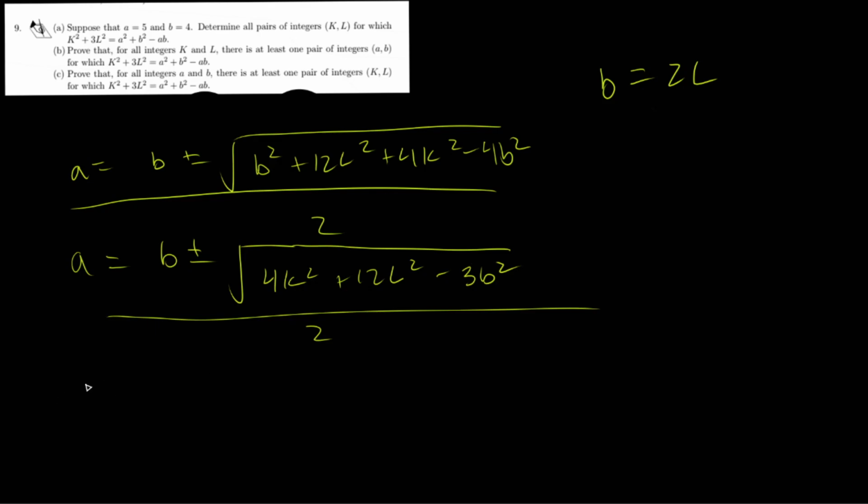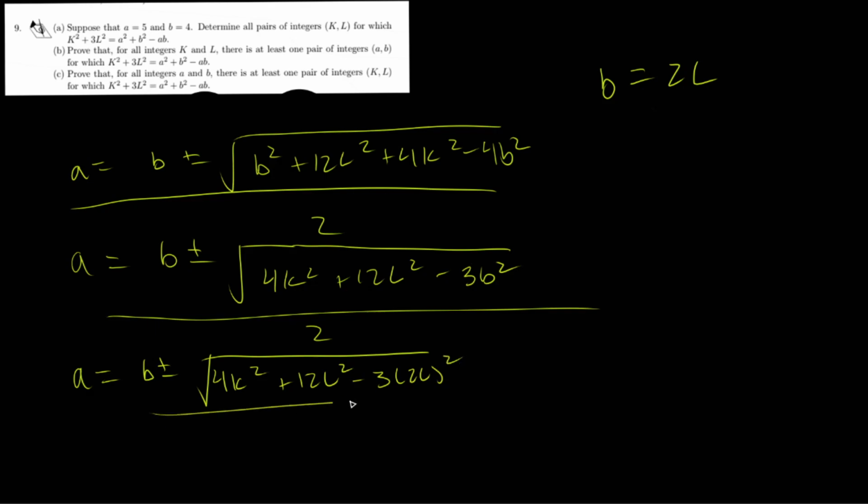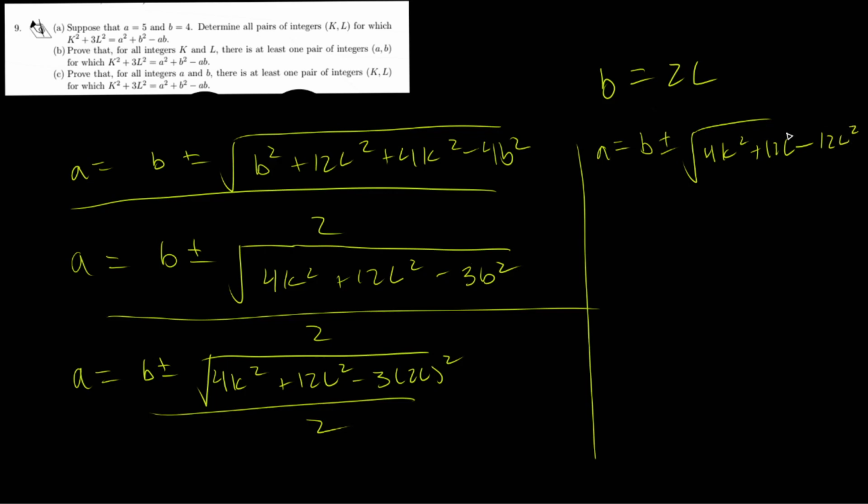And that is that a would equal b plus or minus the square root of 4k squared plus 12L squared minus 3 times 2L squared, all over 2. And then we notice that a would equal positive b plus or minus the square root of 4k squared plus 12L squared minus 12L squared. And then this kind of makes our L's cancel out,